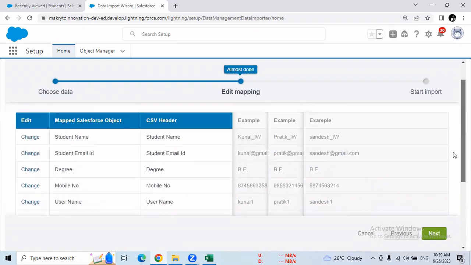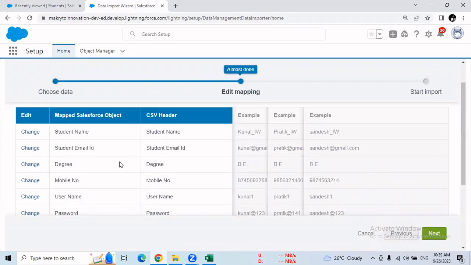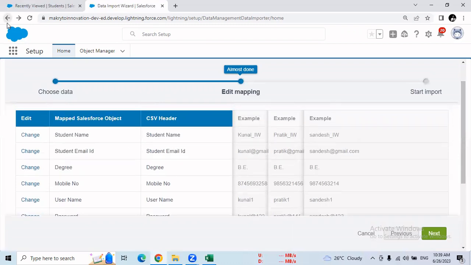बट इफ यू थिंक एनी वन ऑफ दिस मैपिंग इज गेट रॉन्ग, राइट, तो आप यहाँ से इसको चेंज कर सकते हो. अब कैसे हो गया? ये बहुत इजी हो गया. क्या सेम सेम नेम होने की वजह से इसने बराबर मैप कर लिया. गो बैक, लेट्स गो बैक टू द प्रीवियस स्टेप,